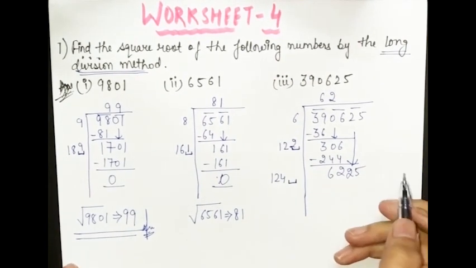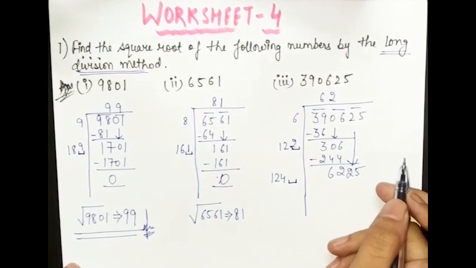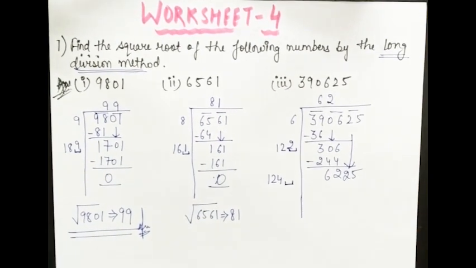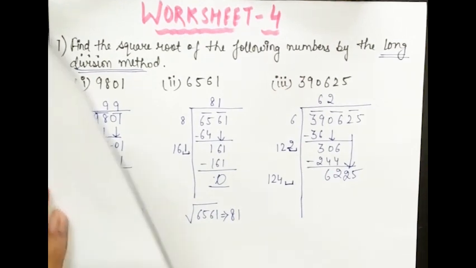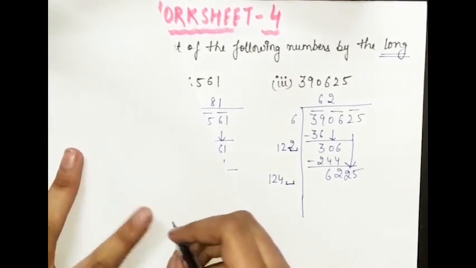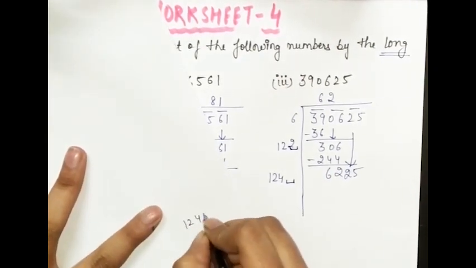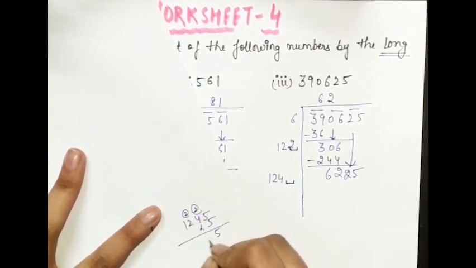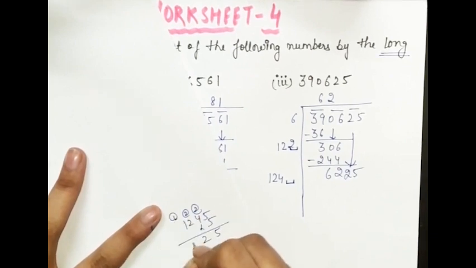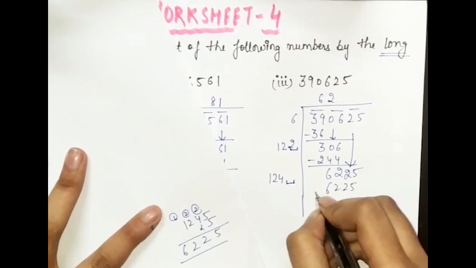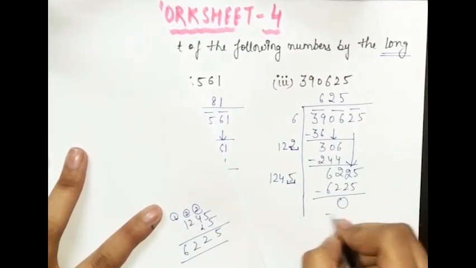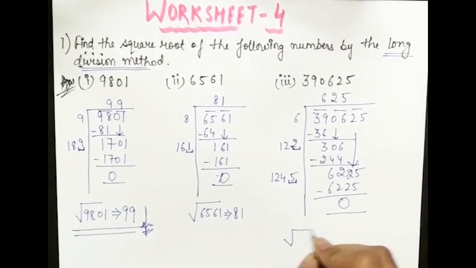So now I have told you, any number that ends in 5 or 0 will be divisible by 5 only. So let me see whether it is divisible by 5 or not. So 1, 2, 4, 5, that is 25. 4 5s are 20, 21, 22. 5 2s are 10, 11, 12. 5 1s are 5, 6. 6 2 2 5 means this is completely divisible by 5 only. So this is 0.